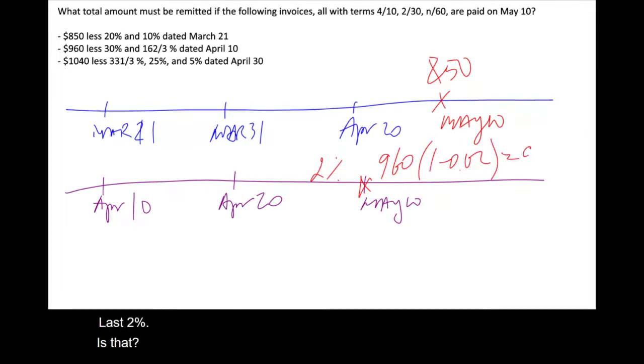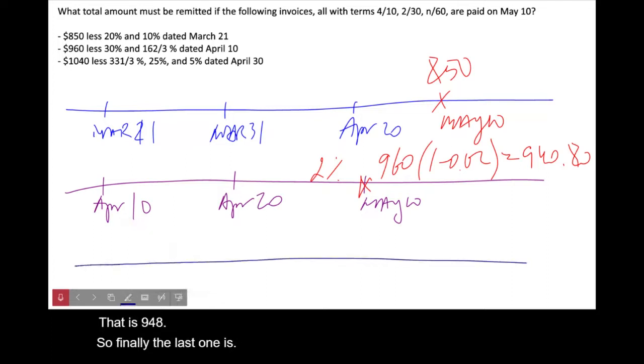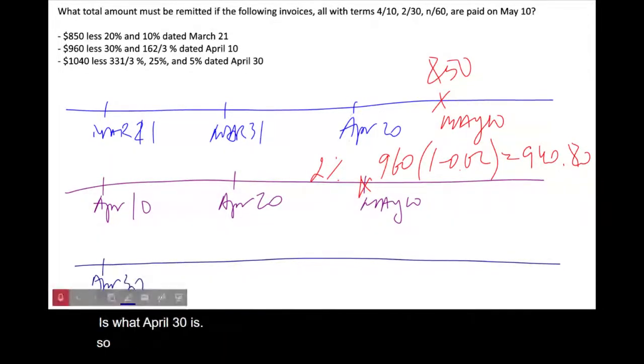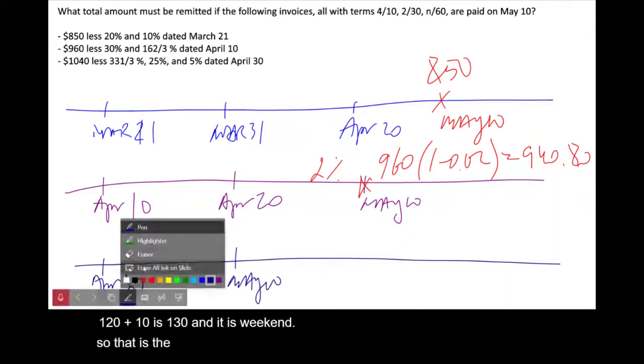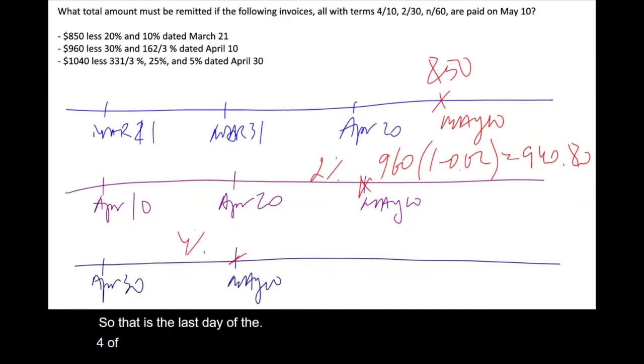That is 940.80. Okay. So finally, the last one is what? April 30th. So April 30th gives me 120 plus 10 is 130, and it is May 10. May 10, right? So that is the last day of the 4% discount. There is no point to calculate the second cutoff date because we already hit